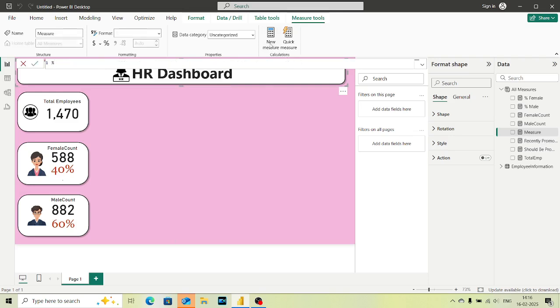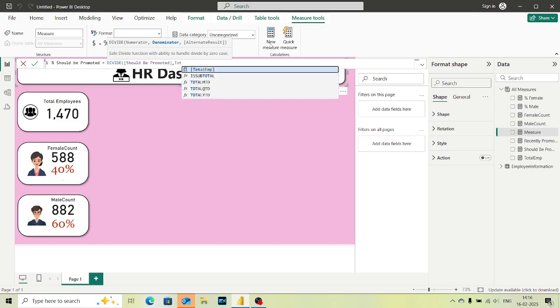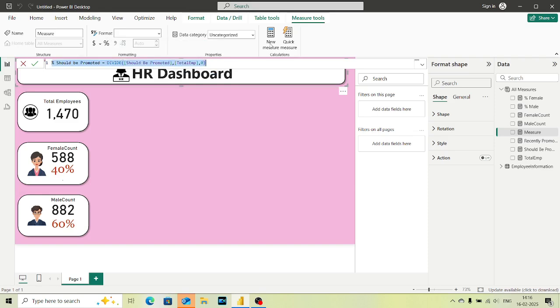This is the percentage value. So percentage should be, and for that we have the formula of divide the smaller value, that is the should be promoted value, with the total employees, right? And in case of any alternative result, we want to give it as 0. So just copy this, because same we have to calculate for the recently promoted also. So copy this, press enter,